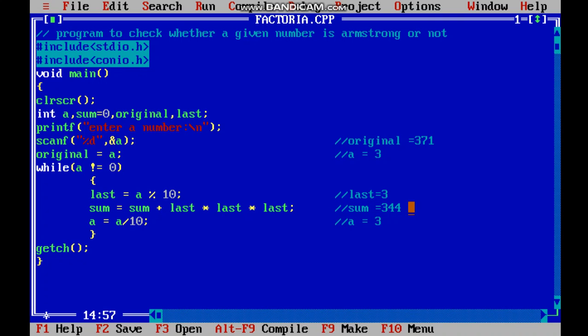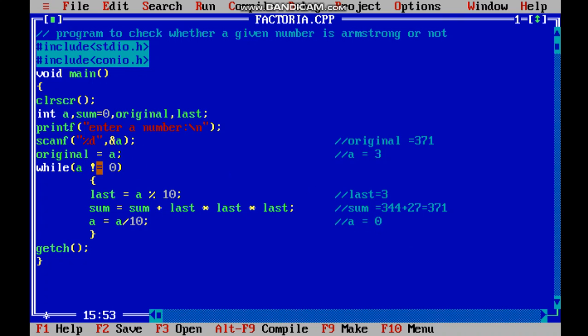So sum plus 3 into 3 into 3. 3 3s are 9, 9 3s are 27. 27 plus 344, which is 371. Now a divided by 10, so it will be 0.3, and we know that 0.3 will be discarded. So a value is 0.